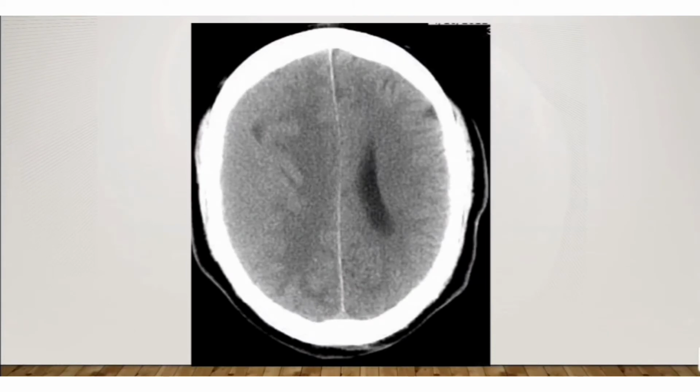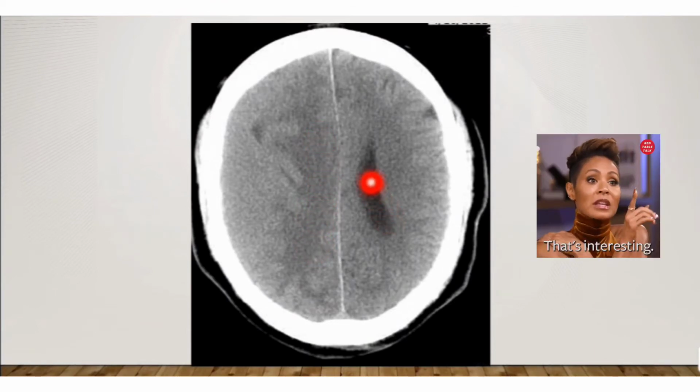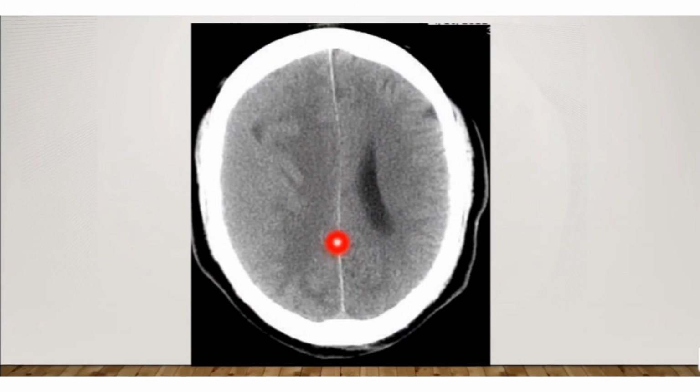This is a very interesting case. Can you find the abnormality? Compare the right side with the left side. The right lateral ventricle is effaced. Although there is left lateral ventricle, I cannot see the right lateral ventricle and it is effaced. And to add on to it, there is mild shifting of the falx to the left side. So there must be something on the right side which is pushing the falx to the left side and effacing the right lateral ventricle.